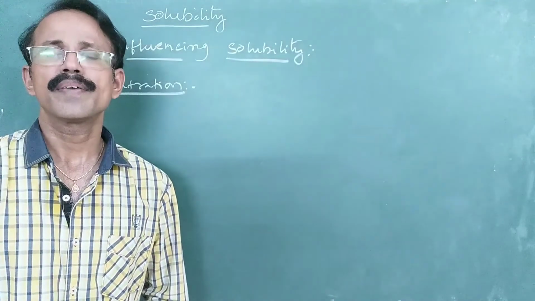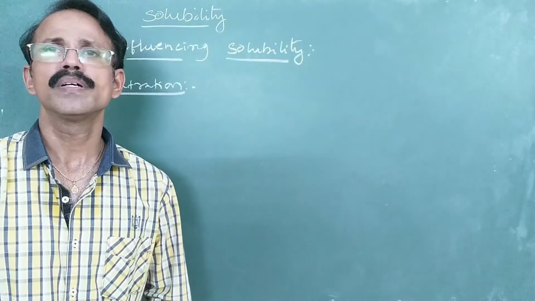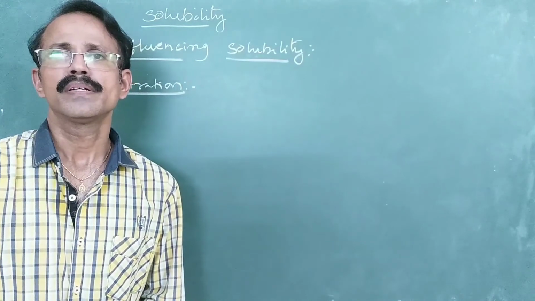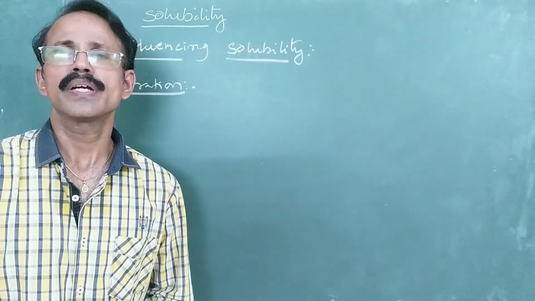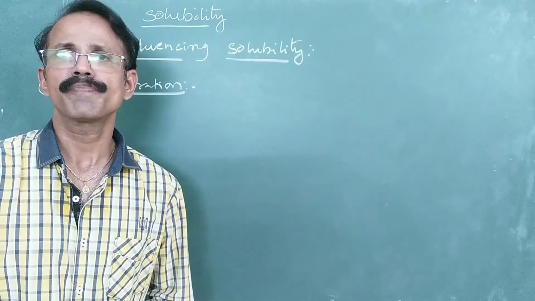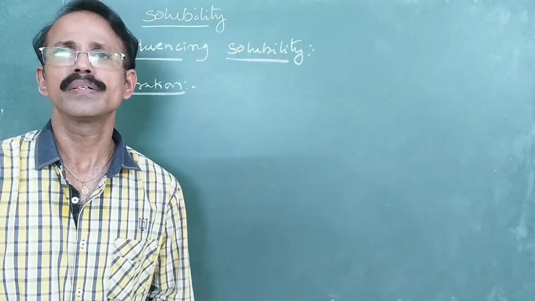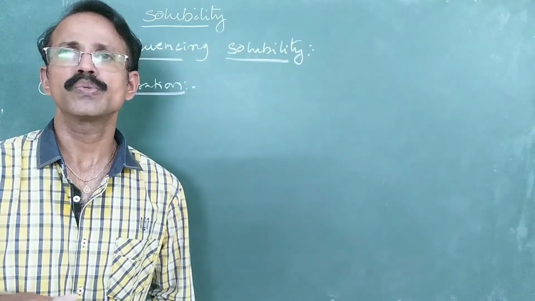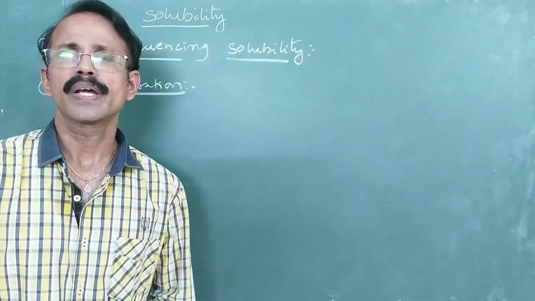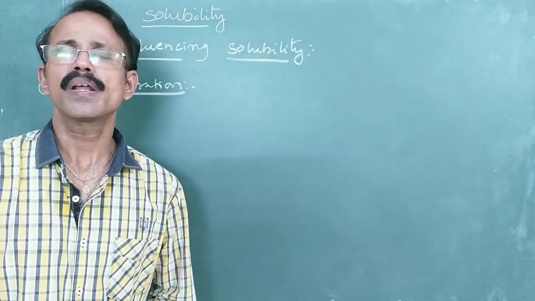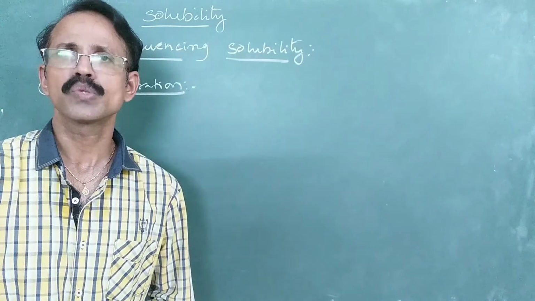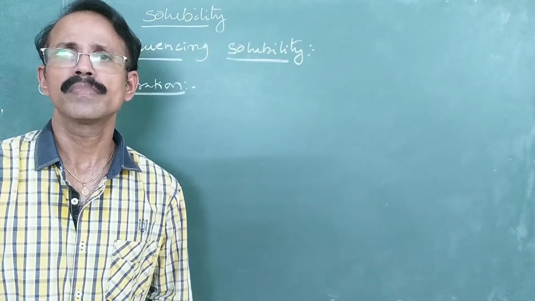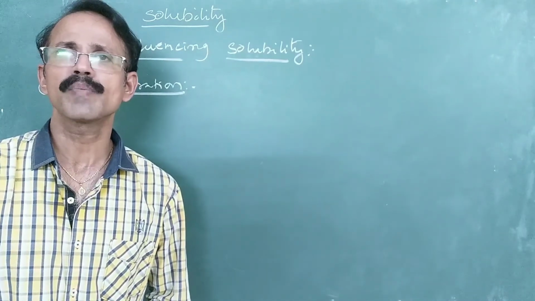Now we'll see the effect of concentration on solubility of a solid in liquid. Consider a pure solvent, and if you add solute, what happens? It is able to dissolve more amount of solute, and the rate of dissolution is also high. Initially the rate of dissolution is high, and as you add more amount of solute, the rate of dissolution decreases, and you can dissolve only a little amount of solute in that solution. So that means as concentration increases, the solubility decreases.